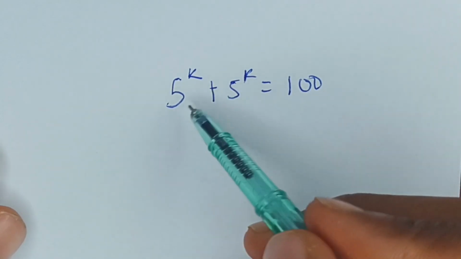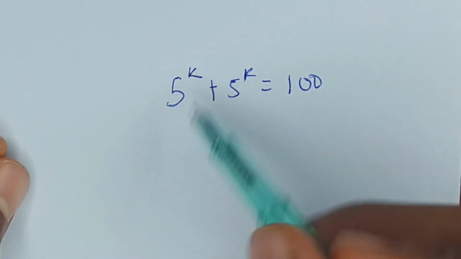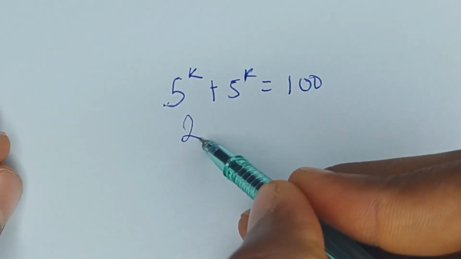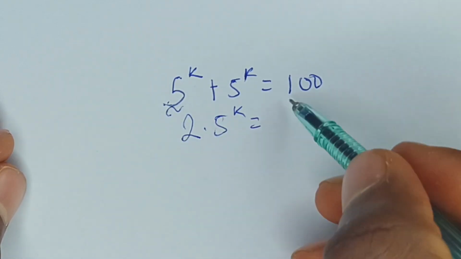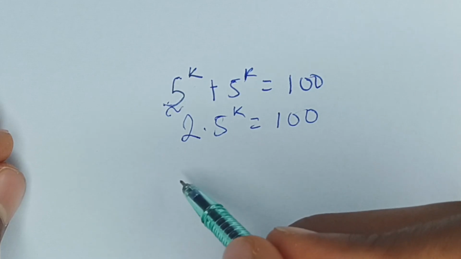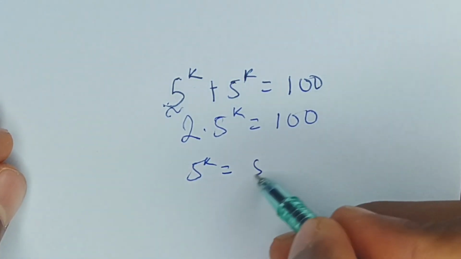Let's solve this quickly. 5 to the power k plus 5 to the power k is equal to 100. How do you solve this first? When you have this, you simply multiply 2 times 5 to the power k to be equal to 100. Okay. Now, from here we have 5 to the power k to be equal to 100 over 2, which is